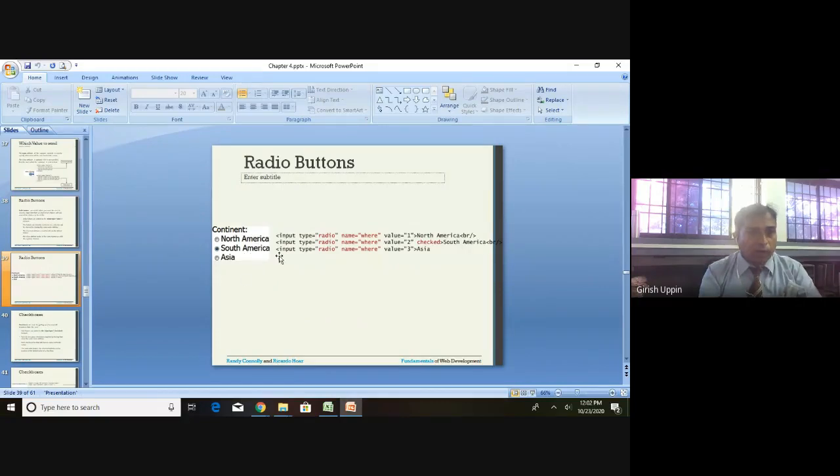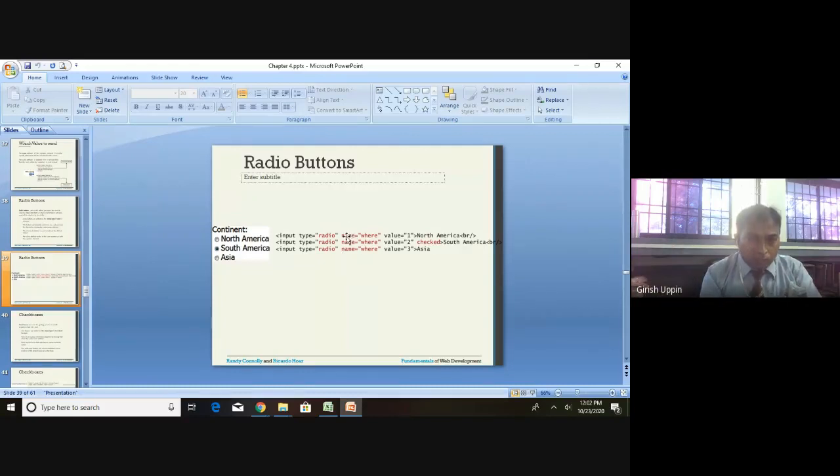So if you want to create a page like this where there are three options, you will have three input controls. Type of all of them is radio, and if they belong to the same option, these values are related to only one variable. That variable is called a name, and name and variable are very synonymous, since in a programming language you understand a variable holds a value.